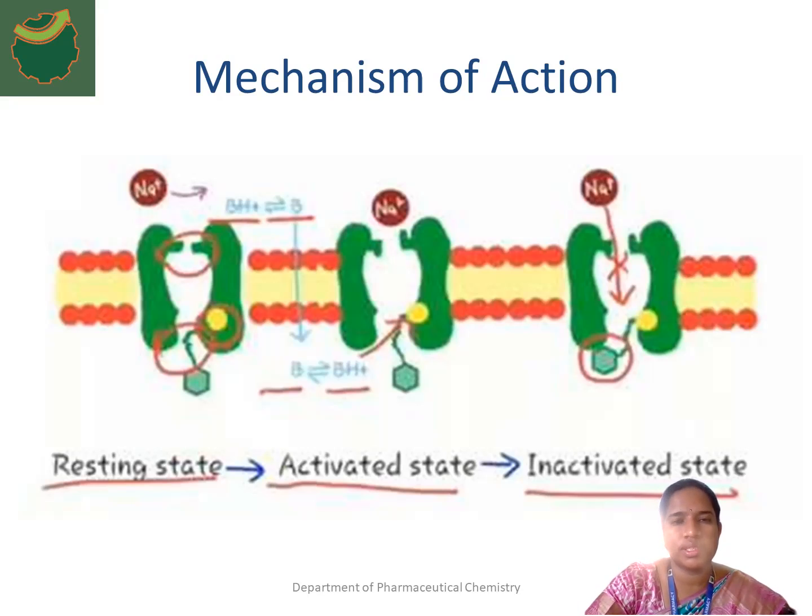So what our local anesthetics do is, for example, this BH is the local anesthetic, which has a proton. Slowly, when the local anesthetic is administered, the proton gets separated. Then the drug is infused between the membrane. Through the lipid layer, it is infused into the inner membrane. And the proton is influxed along with the sodium when it is in the activated phase. Now the local anesthetic again combines with the proton, and slowly it will bind to the receptor.